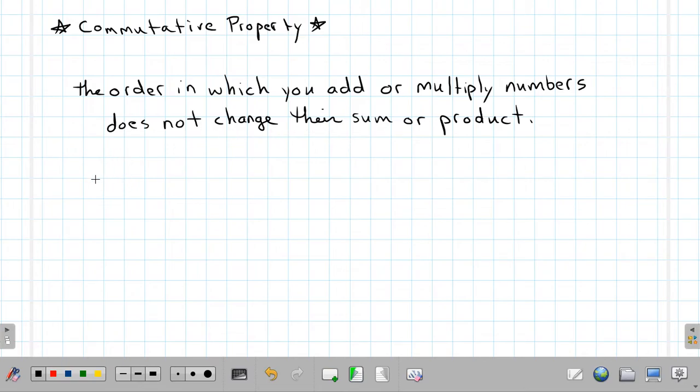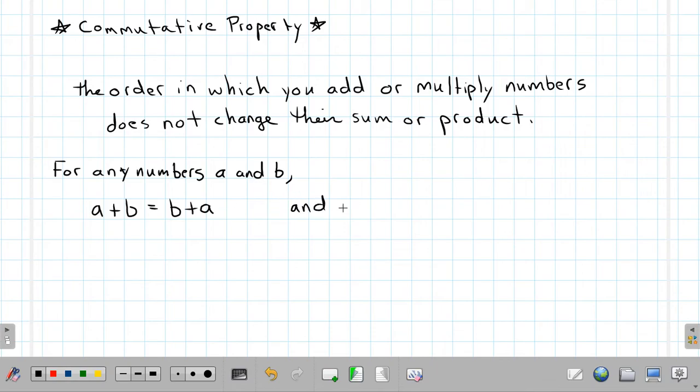Okay, so technically what this means is for any numbers A and B, A plus B is equal to B plus A, and A times B is equal to B times A. Okay,